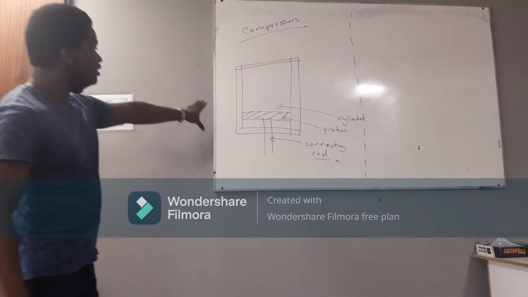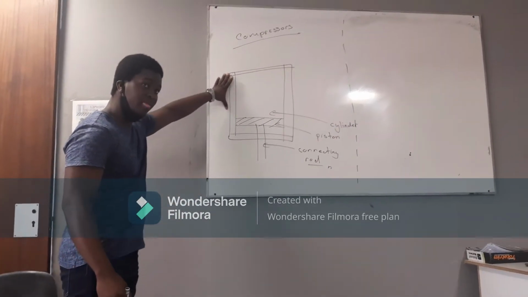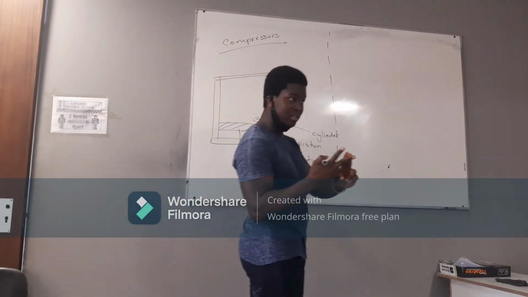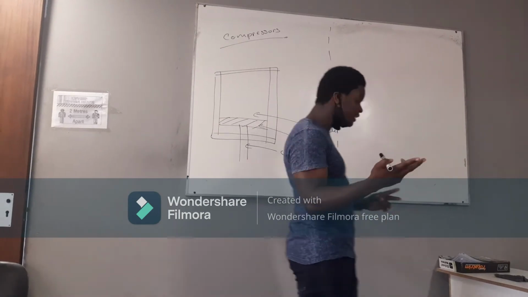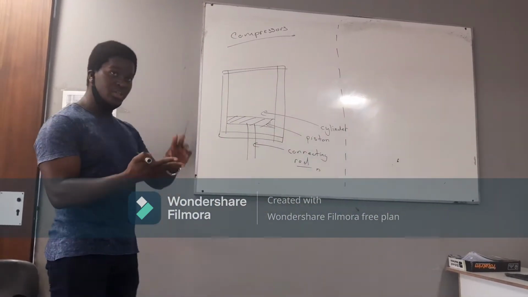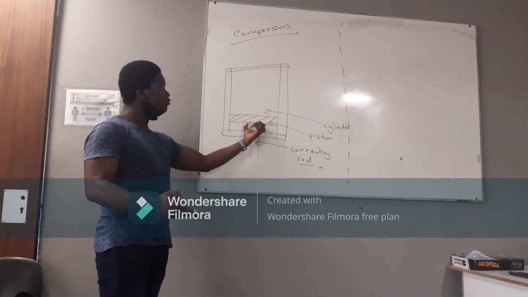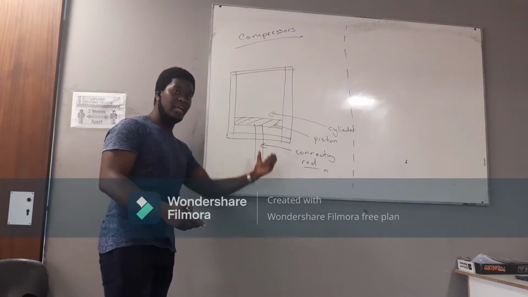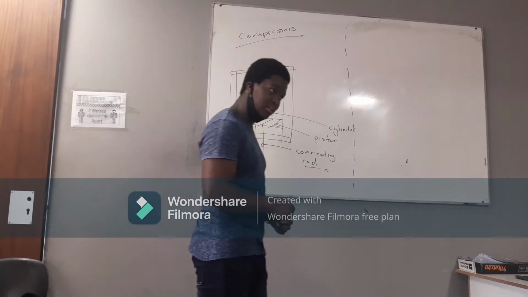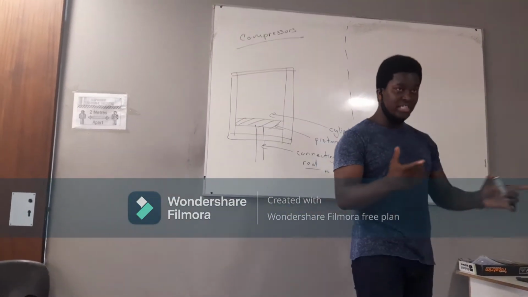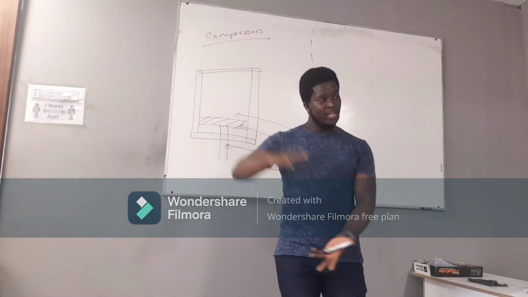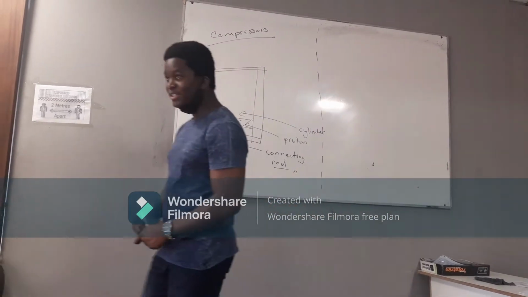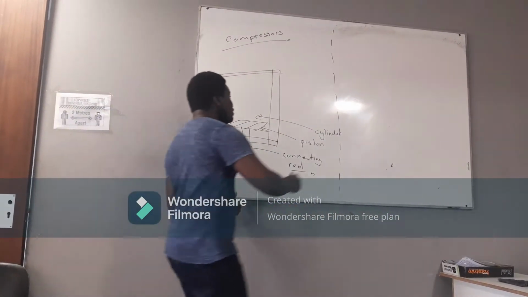Now let's look at this cylinder that we have. This is a single acting cylinder with only 1 inlet and 1 outlet. Are we together? A double acting cylinder has got 2 outlets and 2 inlets. For each and every movement of the piston, you have air coming in and air coming out for a double acting. So per each stroke of a double acting cylinder, you have air coming in and air coming out. Are we together? Yes, Caleb? Is this okay?